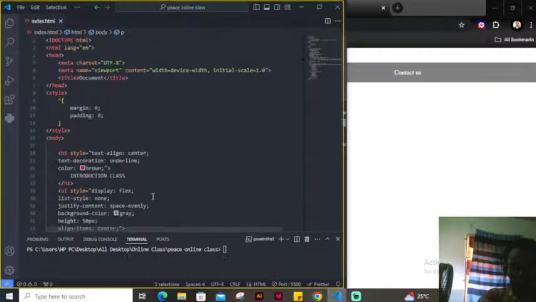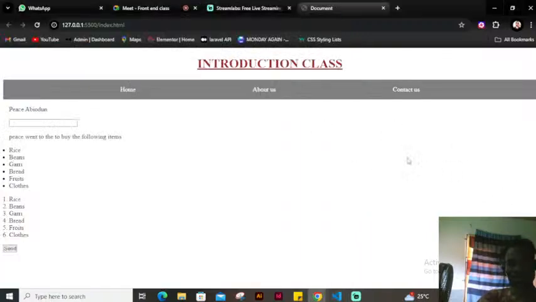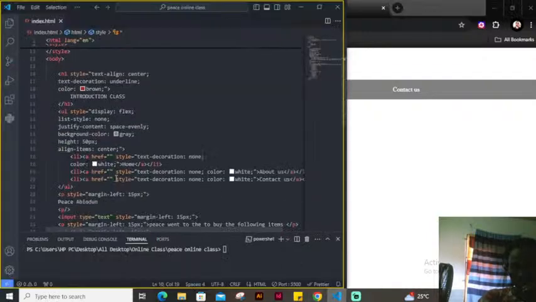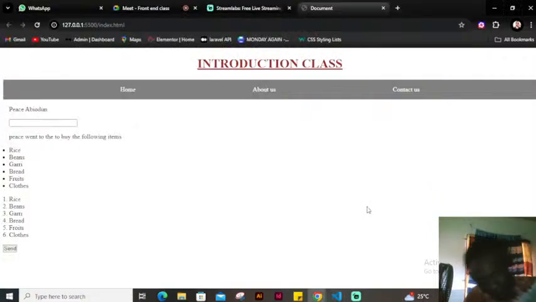Or what we do, let's not make our margin to be 0. Let's make our margin from here to be 15 pixels so that everything will follow from it. So I will not be disturbing myself with this one. The next thing I'm going to pass in here is